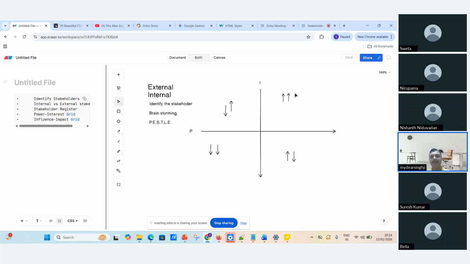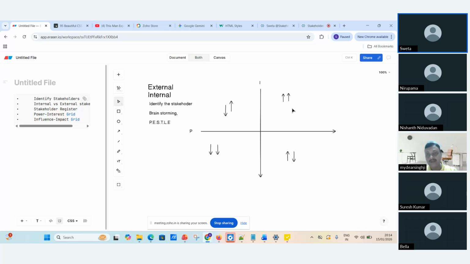Who will have high power and high interest in the project? Any idea? The person will be like a sponsor, client, steering committee.